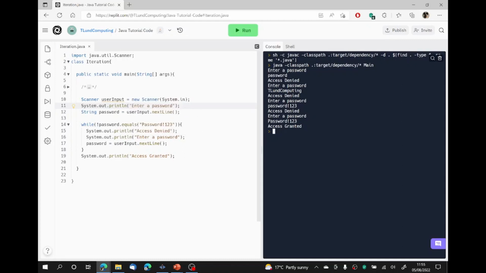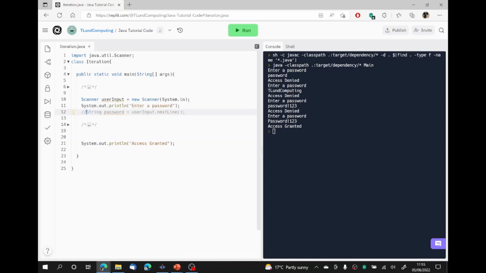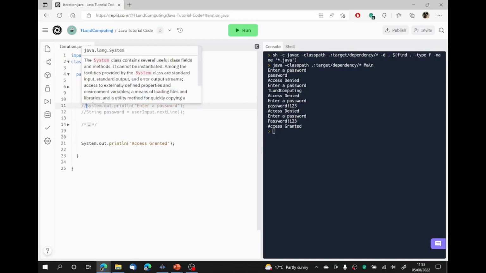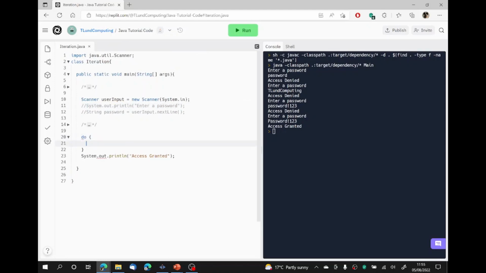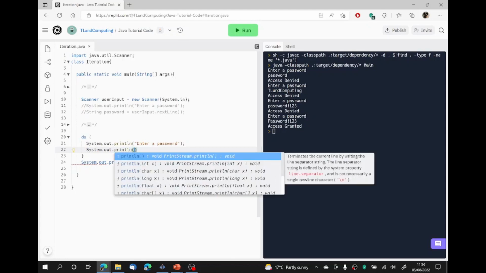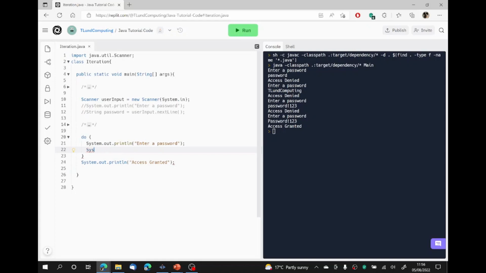Let's change some of this so then it works as a do while loop instead. So what I'm going to do is I'm just going to comment out this line here. Comment out that loop there just so that we can keep going. And I'm also just going to comment that out. And that out. There we go. Right, so we can say do, and now we put in the bit that we want to do. System.out.println, enter a password, system.out.println, oh, sorry, string password equals user input dot next line,